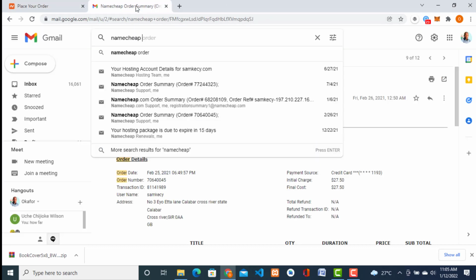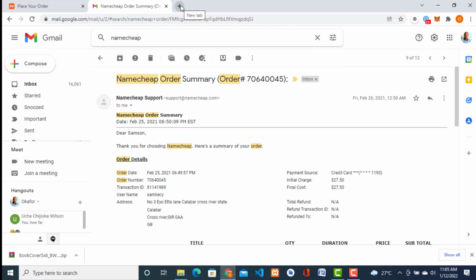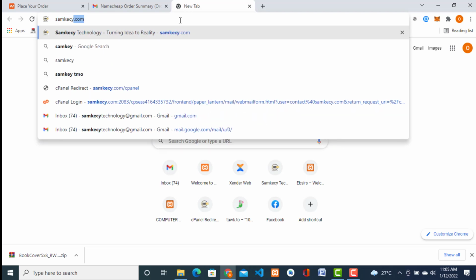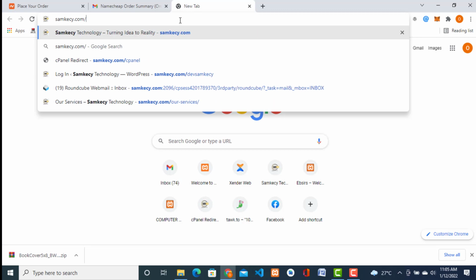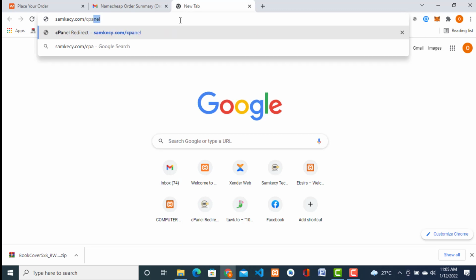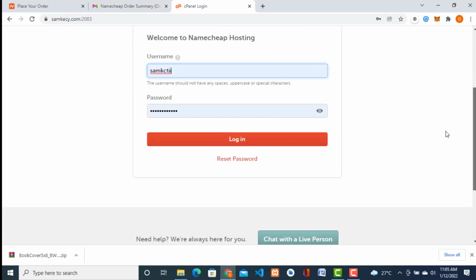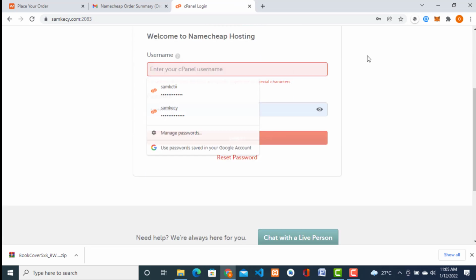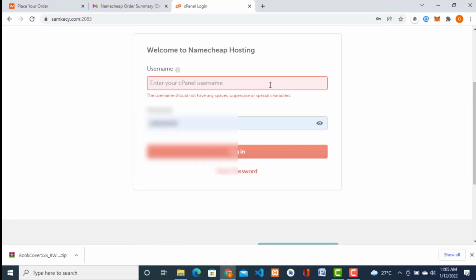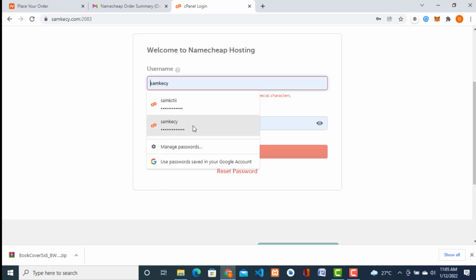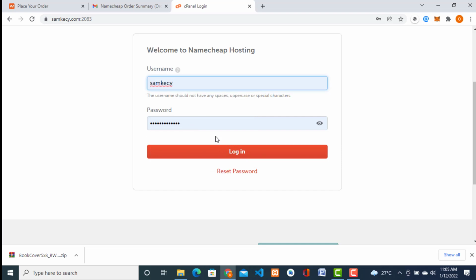To log into your cPanel, all you need to do is type down your domain name. Like here now, my domain name is samkesi.com. Then I will put /cPanel. If I click enter, it will automatically take me to my cPanel. So when you get to this point, you're going to enter the username they sent to you and your password. So when you enter it, then